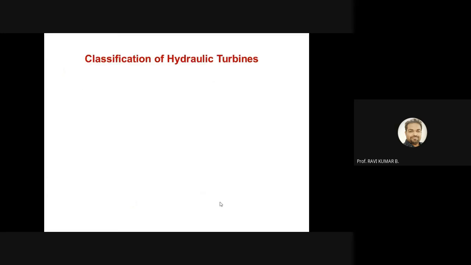Classification of hydraulic turbines. When we classify the hydraulic turbine, they can be classified on various factors. You can define based on the total head available at the inlet of the turbine. You can say low head turbine, medium head turbine, or high head turbine. Depending on the rotations, you can say high speed turbine, low speed turbine, or medium speed turbine. Depending on the direction of the flow, you can say axial flow turbine, radial flow turbine, or mixed flow turbines. So there are various factors that you can account for in classifying the turbines. Based on the specific speed, also you can say low speed, high speed or medium speed.